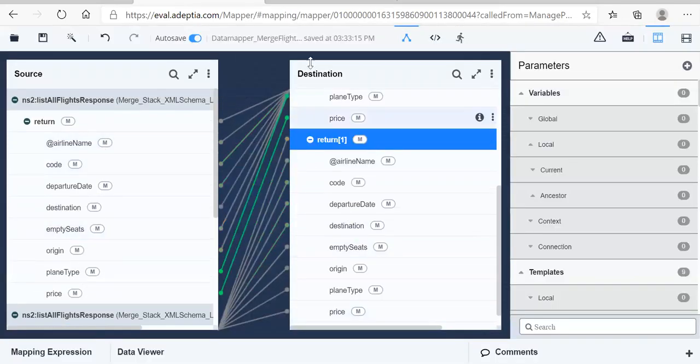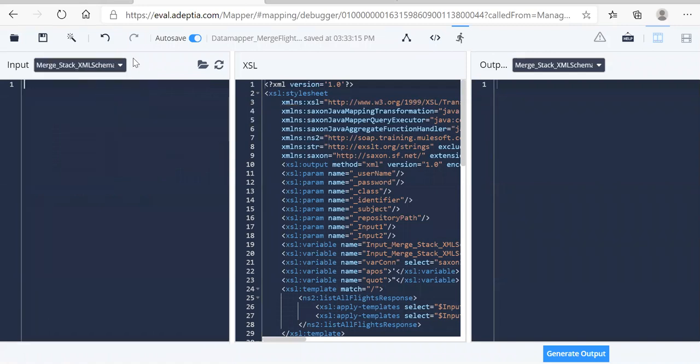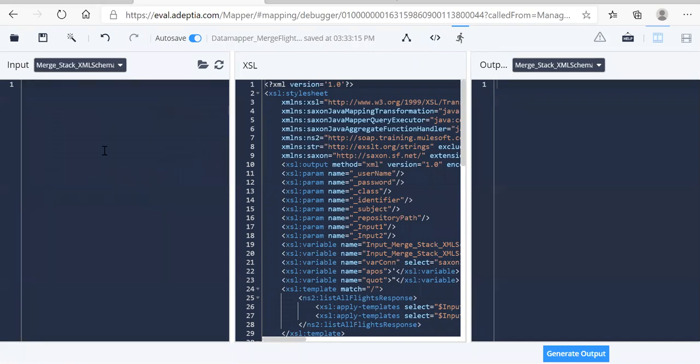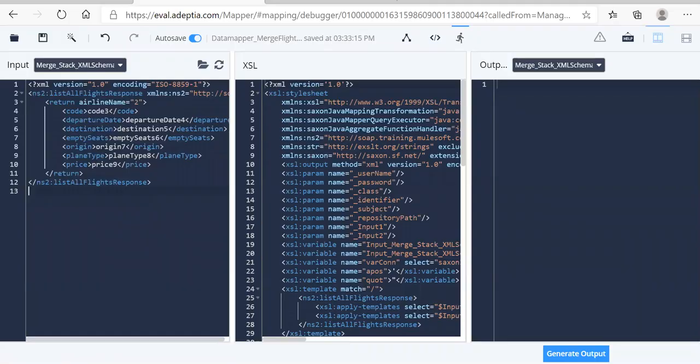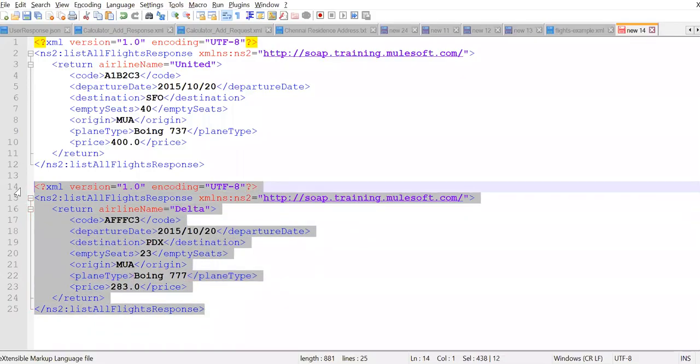Let's see how the data looks. Nothing is there, so let me copy this. Or we can directly copy the actual data. Let's go here.